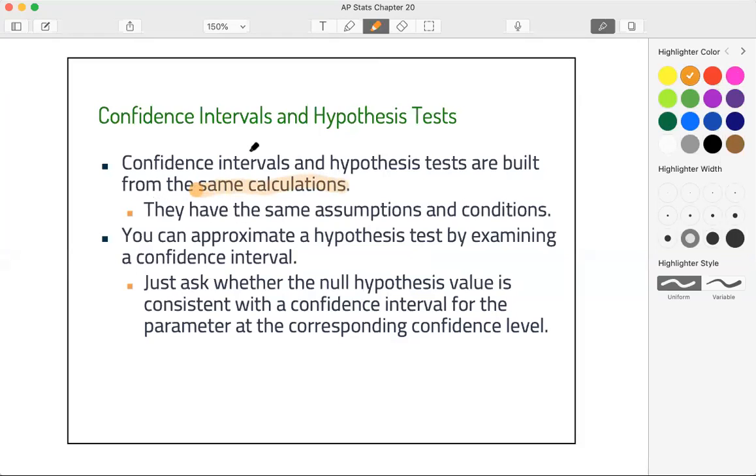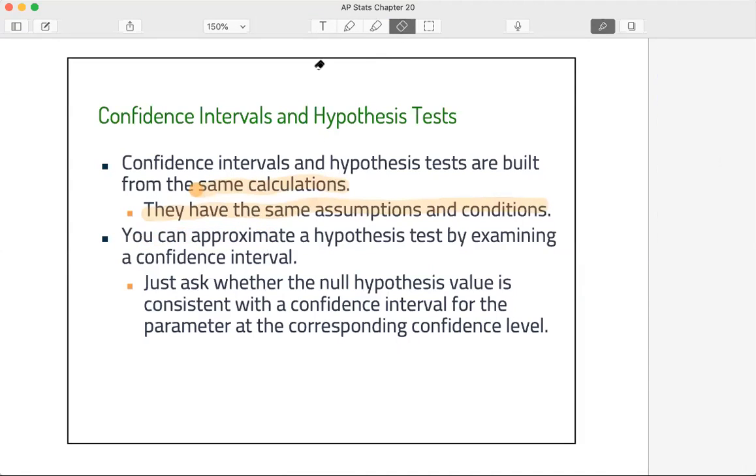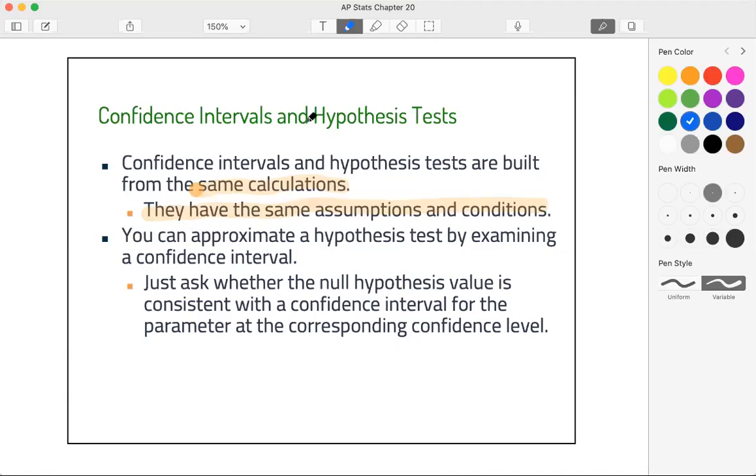Now, when we do a hypothesis test and a confidence interval, the key concept also is that they have the same assumptions and conditions that we need to check. Now, what's cool about that is we can actually approximate a hypothesis test by examining a confidence interval. So just ask whether the null hypothesis value is consistent with the confidence interval for the parameter at the corresponding